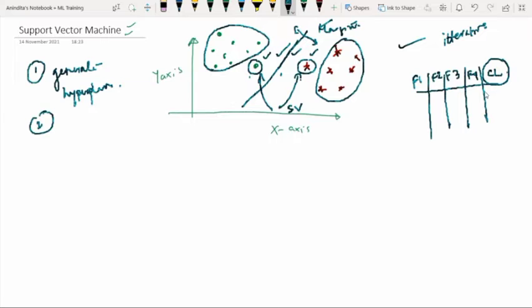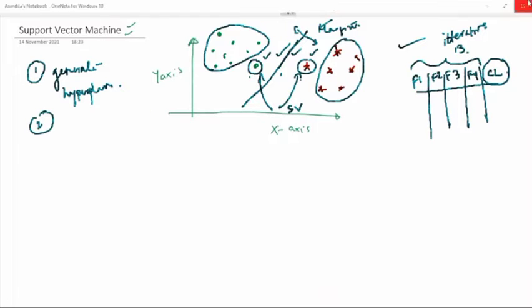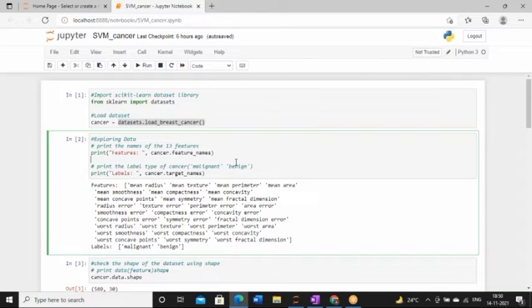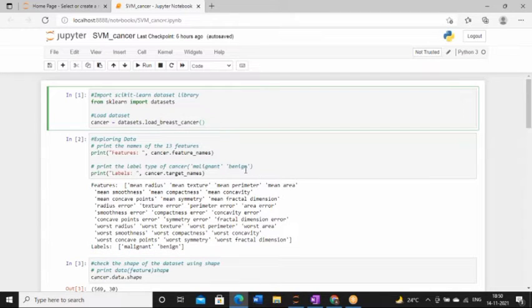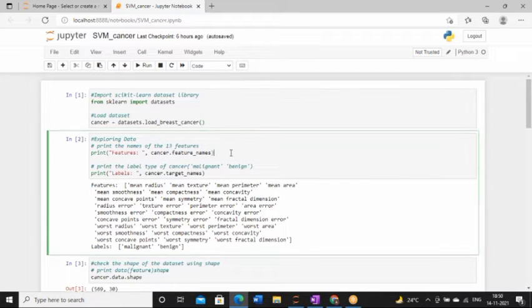Since we are dealing with a cancer data set, here we have two types, benign and malignant. So we are talking about the class labels, and we have a total of 13 features. Since this data set is not known to you, whenever you are dealing with unknown data, the very first step is to explore the data.